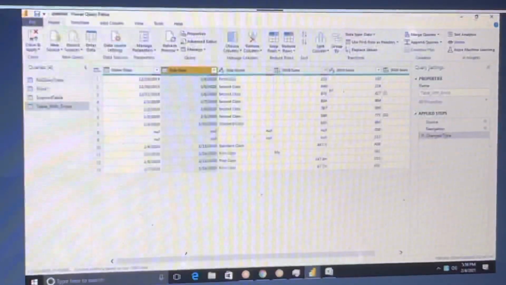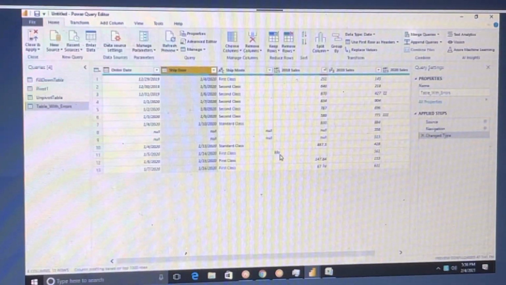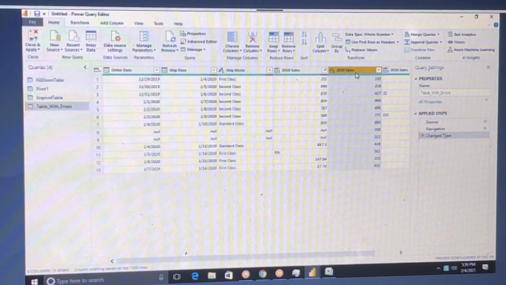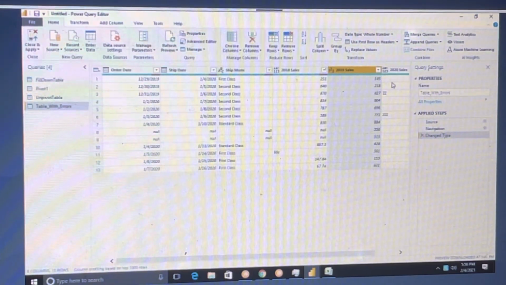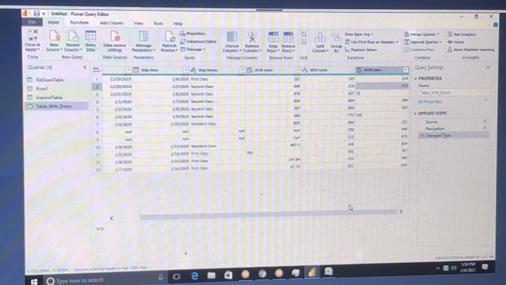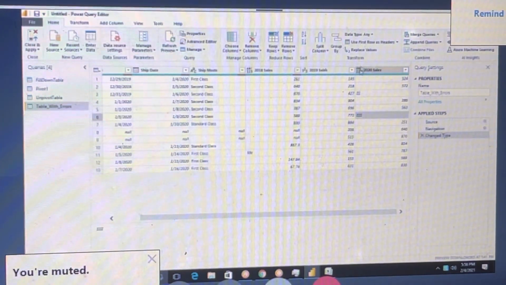Some of the things are text values. Here we have RR, a text value, so that's why it is showing ABC 123. And here the data is clean, that's why 123 is the numbers. Here also again ABC 123, because some of the data is numbers and some of the data is text.